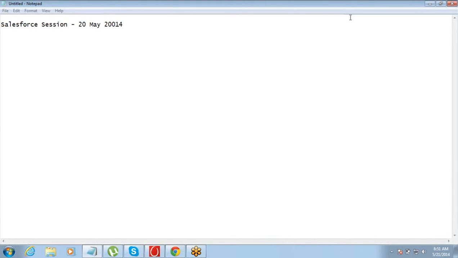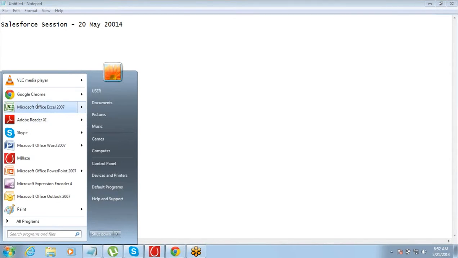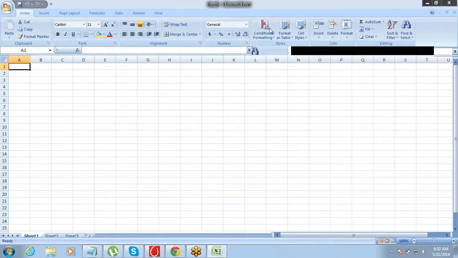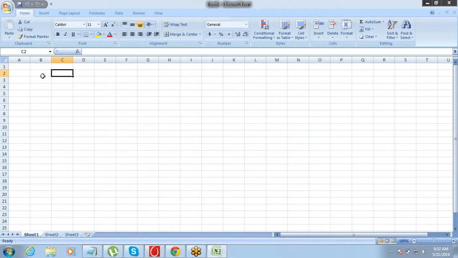So I think you all had a chance to go back and work on the components that we created in last session, right? The objects, tabs, apps, fields, that is what we created, right? And in our last session, we were talking about objects called project, clients, consultants. So let me go back to my Excel sheet. The first one that I designed there was projects. Second was clients.